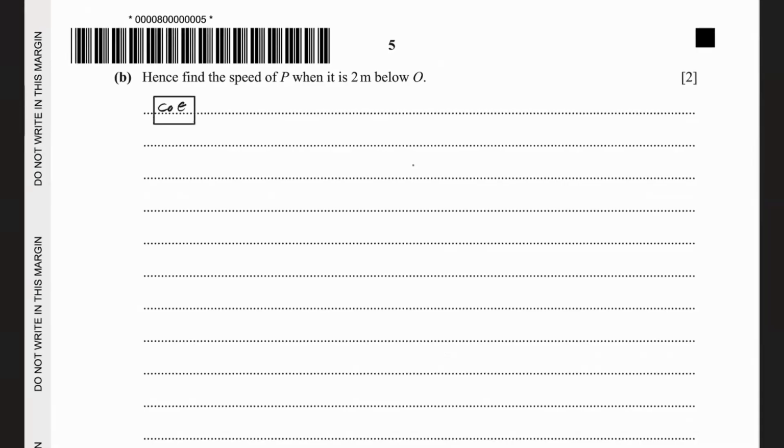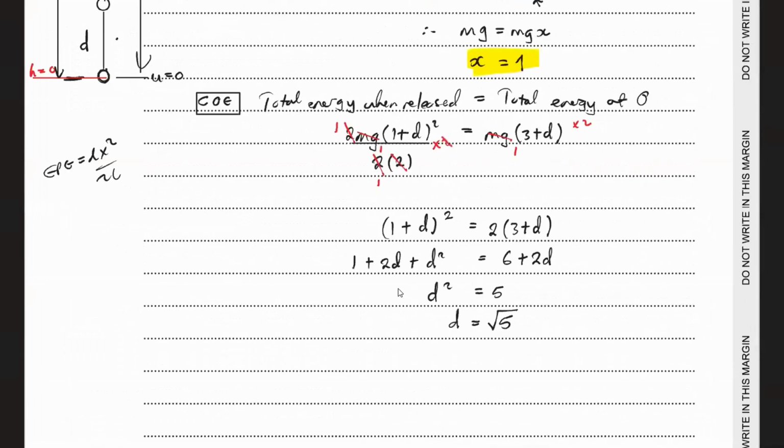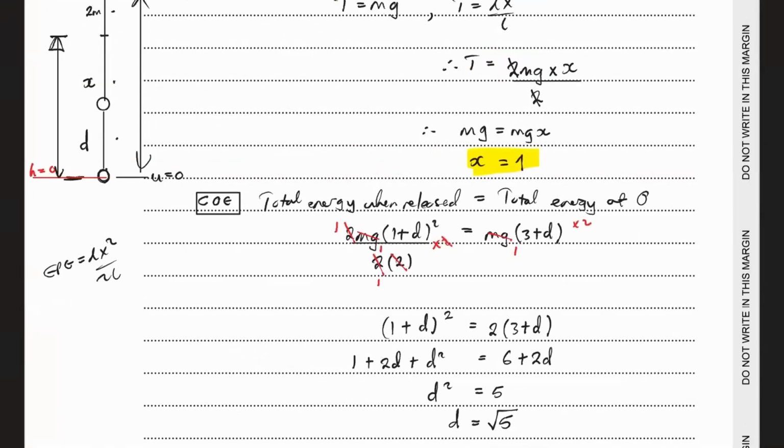The total energy when the particle was released is equal to the total energy of the particle at 2 meters below O. Now, when the particle was released, we only have the elastic potential energy because GPE and KE are